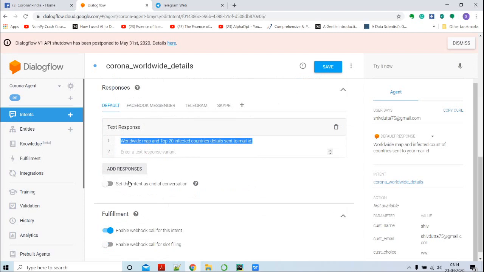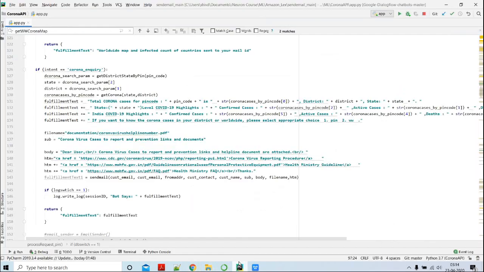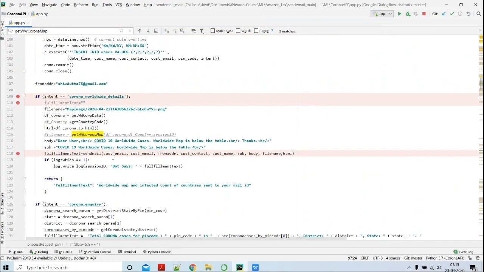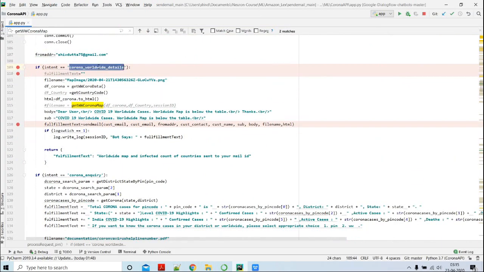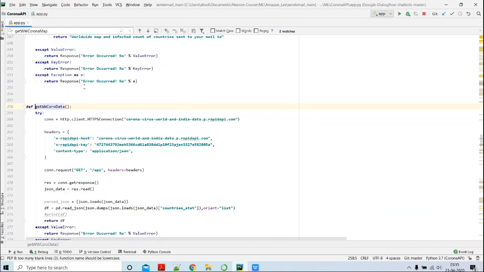Now I'll go to the code. In a similar fashion, if my intent is worldwide detail, it will come here and get the worldwide data.